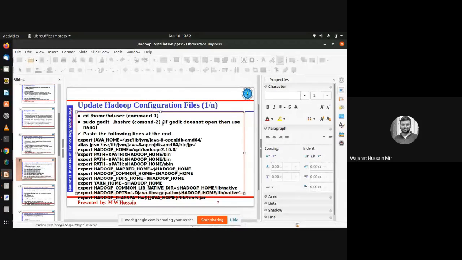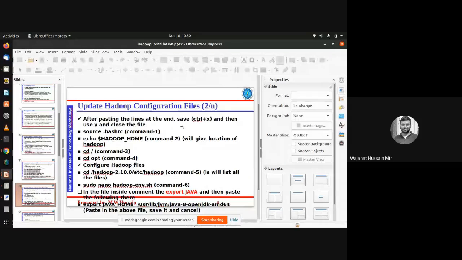Now after this bashrc file is updated, I have already written the steps here. After pasting the lines, use Ctrl+X and then Y and close the file. That means the file has been updated. Now just type the command source .bashrc. You are in the same hduser directory. Now when you use echo $HADOOP_HOME, it will give the location of Hadoop. If it prints, that means your bashrc file